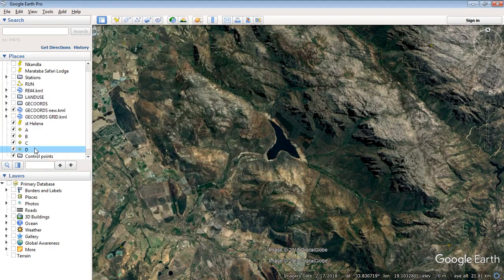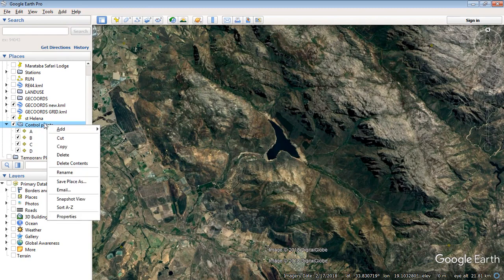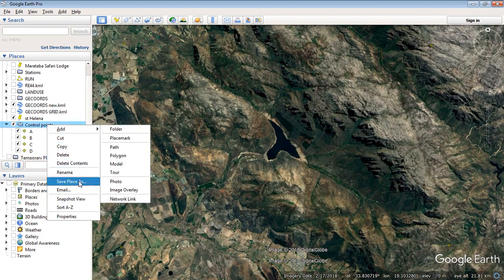Okay, and then I just want to drag these points which I've just created under this folder. So they're sitting now in this folder. The order doesn't matter. There we go. Now we're going to export the folder as a KML. So by exporting the folder as a KML, each of these little place marks will come through as one point file. Okay, so we want to say save place as,